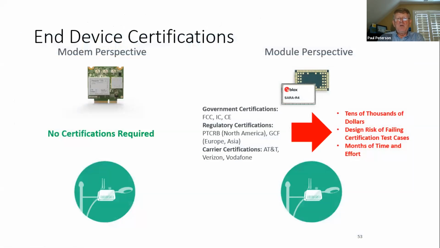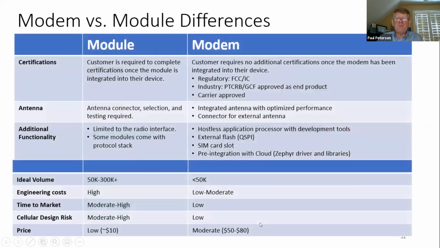The module, with the modem, those certifications are required. You literally can drop it on the box and the carriers will recognize it when they power up. Modules, you're looking at tens, if not hundreds of thousands of dollars of certification. Again, if you're at 10,000 pieces, that begins to make sense. $100,000 in certification adds about a $10 premium. That's about what you would pay for the difference between a modem and a module, and you can get some flexibility with the module.